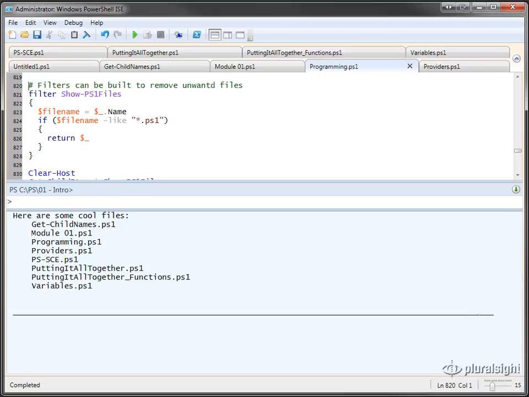So here I've got a filter called showps1 files. I then set a local variable of file name to the current object's .name property. I then compare my file name to see if it's a PS1 file, and if so, I return that object. So let's run the filter,